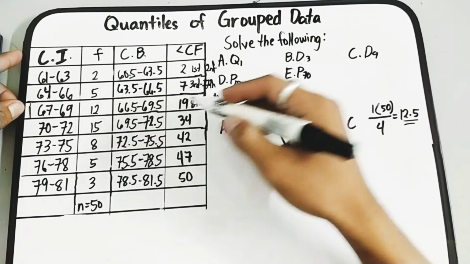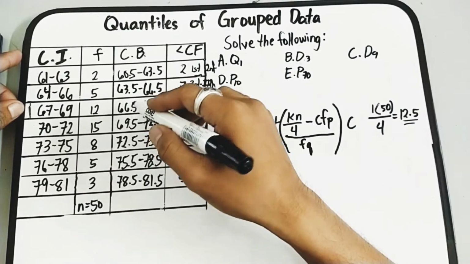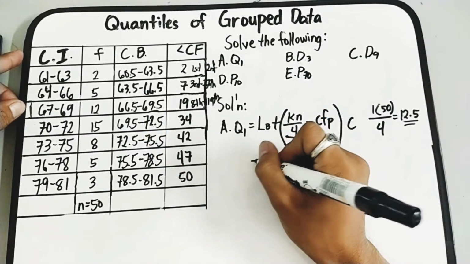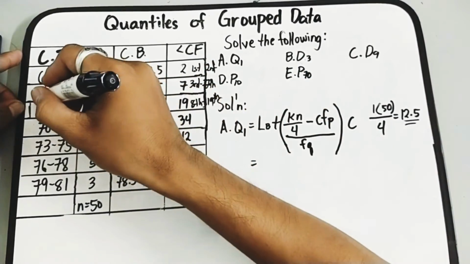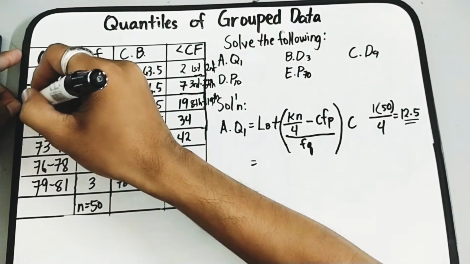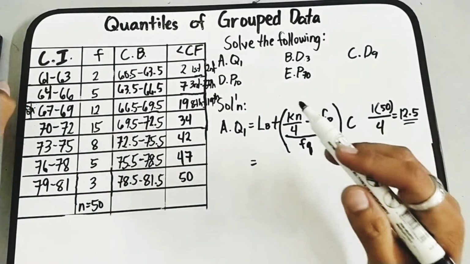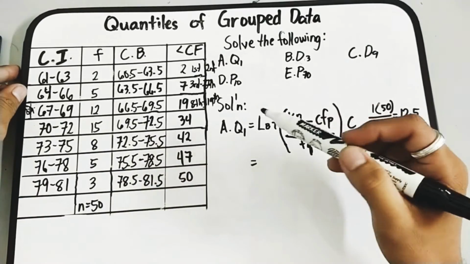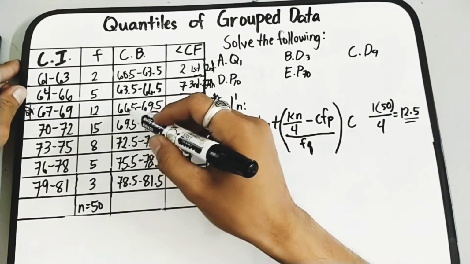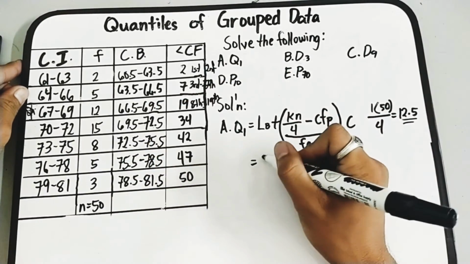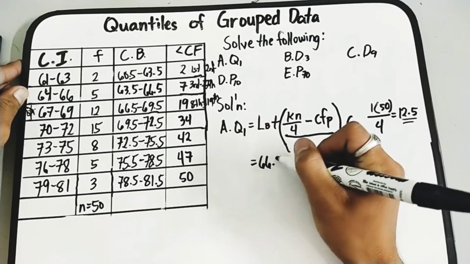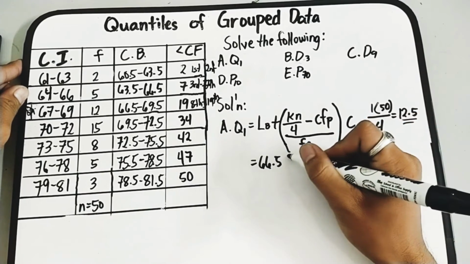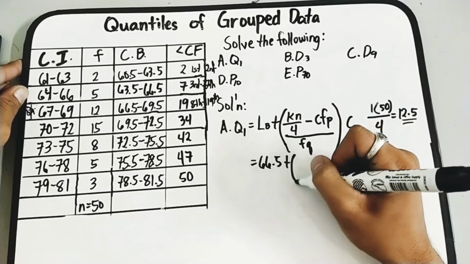So, therefore, ma-identify na natin yung ating lower boundaries. Okay, lower boundaries ng class na to. Okay, ito po yung quartile 1 class, Q1. Kasi andyan yung pang 12. Ngayon, lower boundary dito, ibig sabihin yung 66.5. Meron na tayong 66.5 plus yung ating